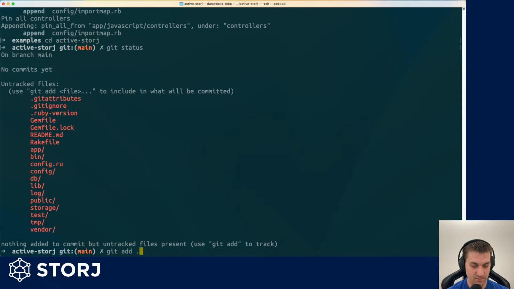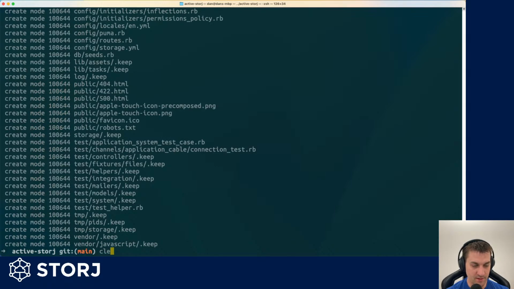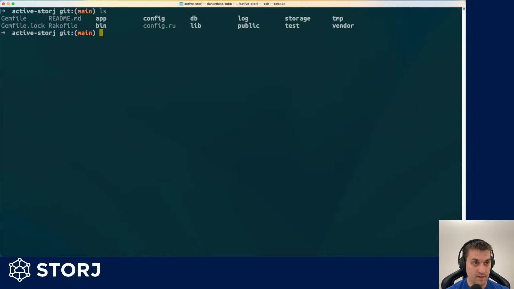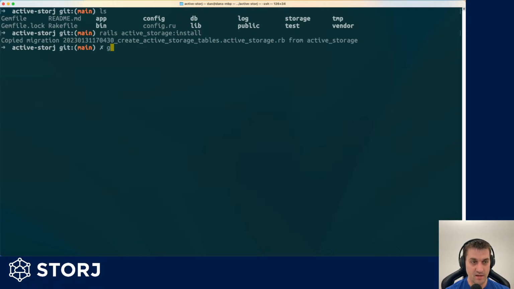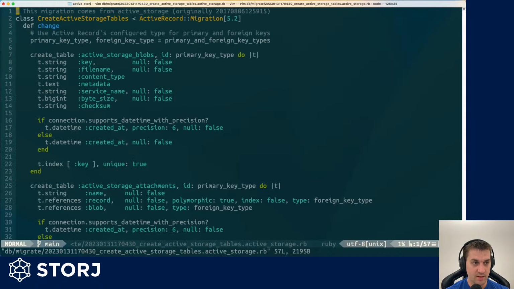First, I just want to do an initial commit here. And that will get me in a place that is good. So the next step in installing ActiveStorage is basically this command here, active_storage:install. What that'll do is, if we do another git status, create this migration to set up these tables